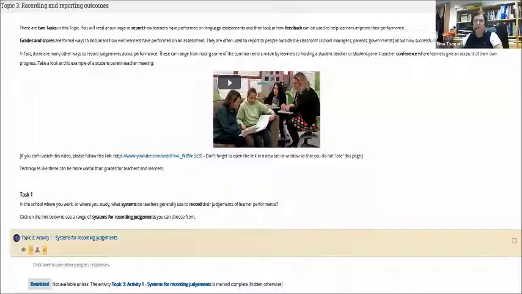So for example, I'm now looking at topic number 3, recording and reporting outcomes. This is a screenshot from topic 3, used to illustrate the fact that users of any of the topics and any of the courses on the online platform do not really need to read a lot, in the sense that the materials, the way we present them, and the way you're going to be working with them, introduce you to a lot of hands-on activities and tasks that you're going to work with based on your needs, and the ones that you select, through a lot of experiential